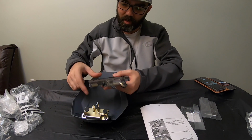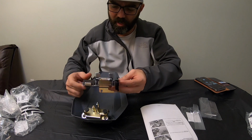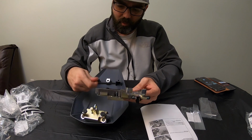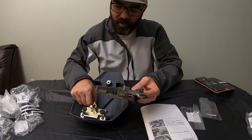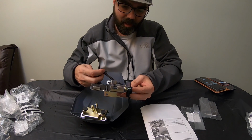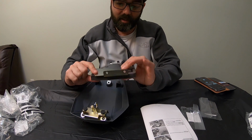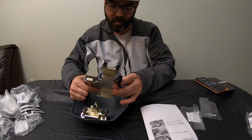And the way you do that is you're going to flip it over like so. And I knew that was going to happen. So what I'm going to do is I'm going to flip these two Allens, because the smaller Allen will fall out. And it doesn't really tell you in the instructions which orientation to put them, but that's going to be a lot better because that's not going anywhere now. Or maybe not. Anyway,